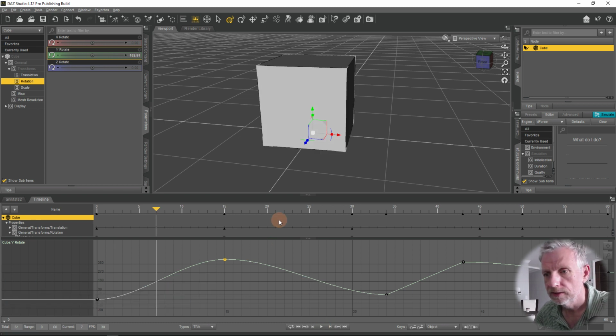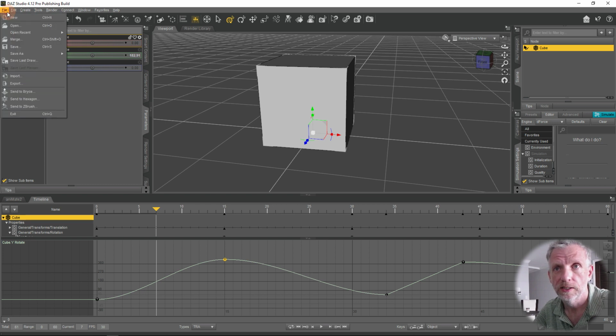Actually, what we could do is play around with a larger animation. And I'll just show you what that looks like in a larger animation. That might be cool. I haven't even done that myself yet. Let me go and